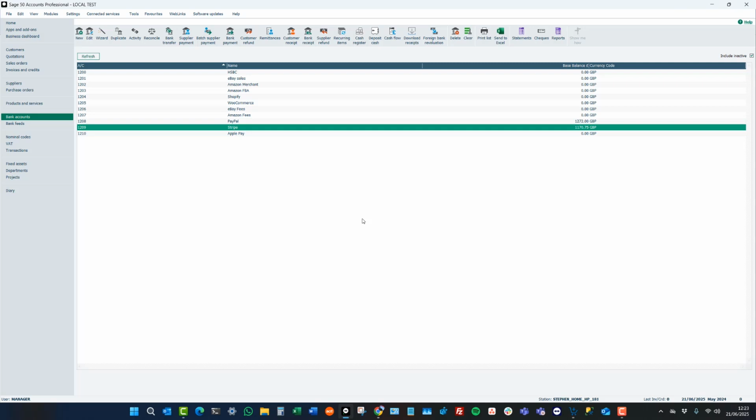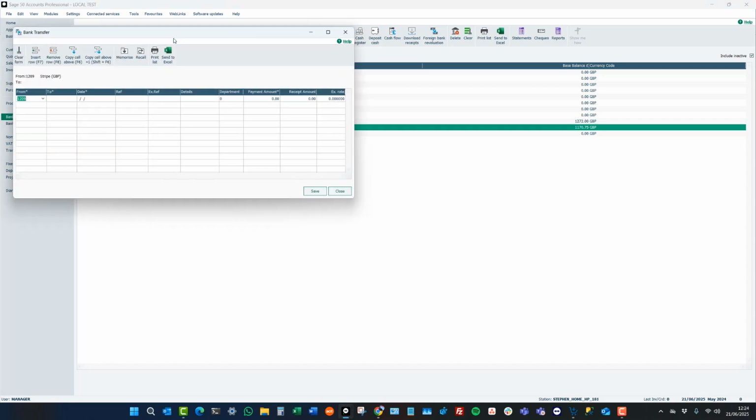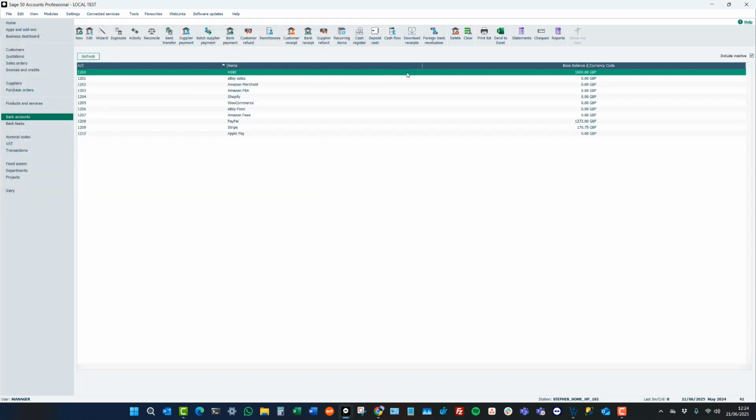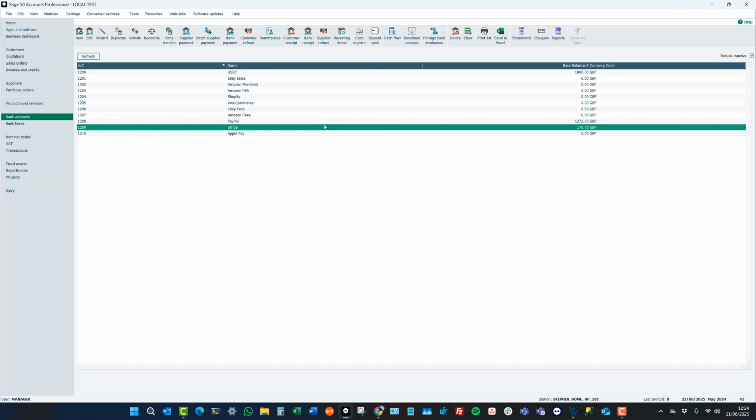So effectively what I would do is I would come into Sage, I would choose bank transfer, I would transfer from my Stripe account to my High Street bank, the date that I received the money, the amount of money I received, and click on save. So that puts £1,000 into my HSBC bank account because that's physically what we actually received. And then what I can do in Stripe is come here, choose bank payment,